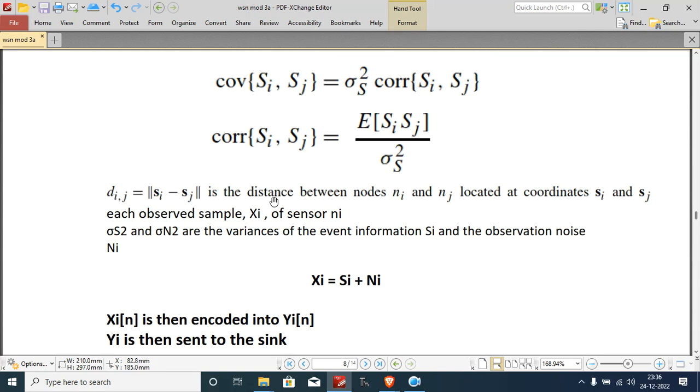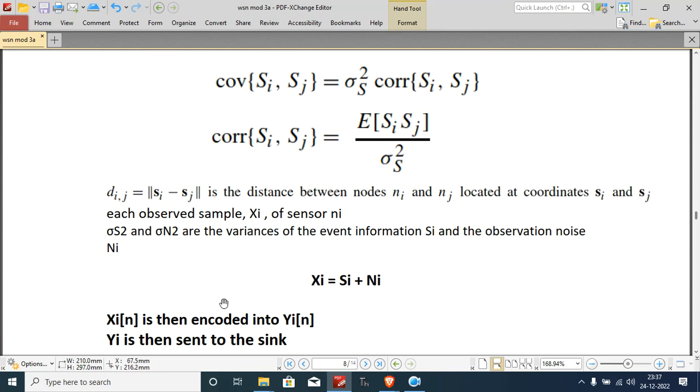So here, Dij can be thought of as the distance between the nodes Ni and Nj located at coordinates Si and Sj, for each observed sample Xi of the sensor Ni. So this is the variance of the event information Xi, Si and observation noise Ni. So in fact this Xi is the noisy version of the actual event Si. So Si plus Ni is the noisy